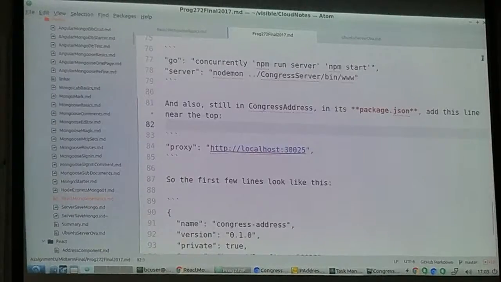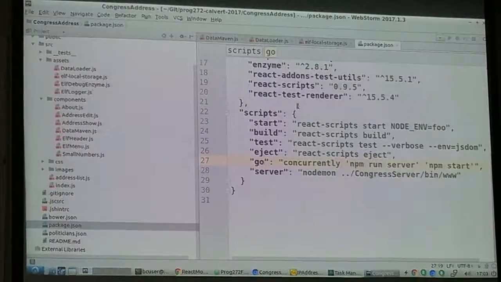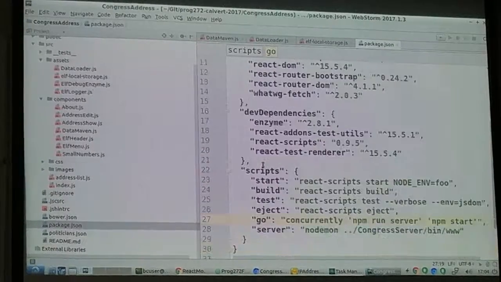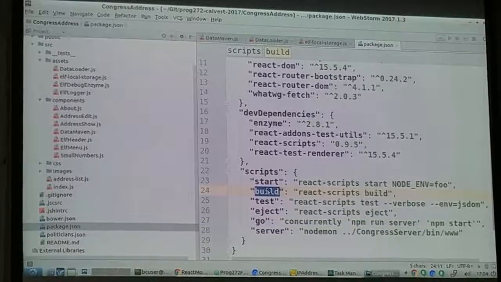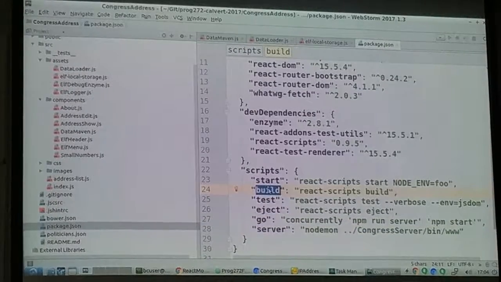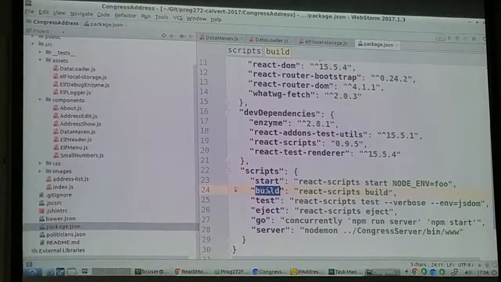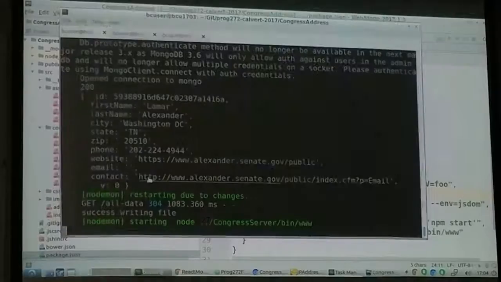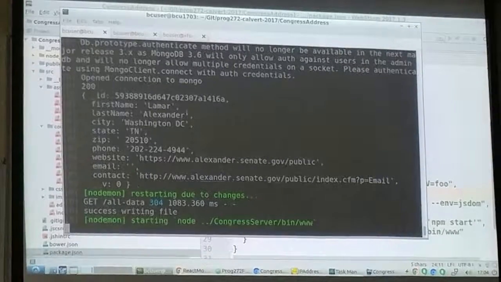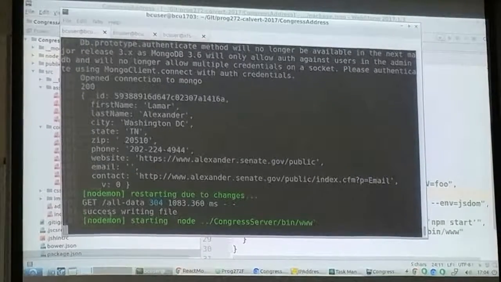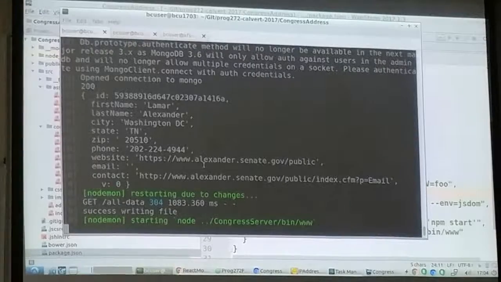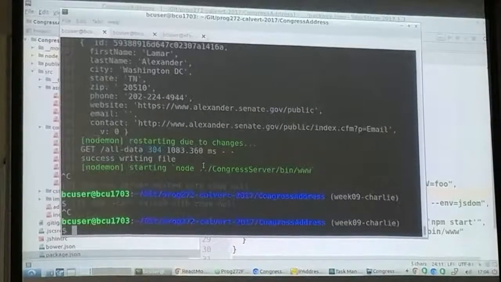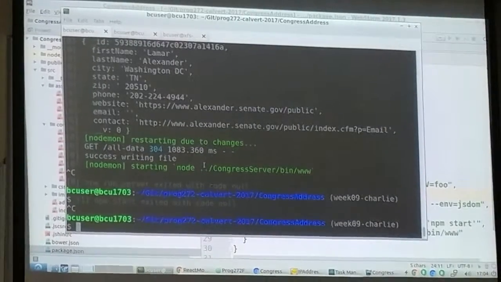So, if we go back to package.json, there's another one called build. And it will create a new folder called build in Congress address that'll have the shipping working version of our code in it. So I'm gonna stop everything running now. And I'm gonna go